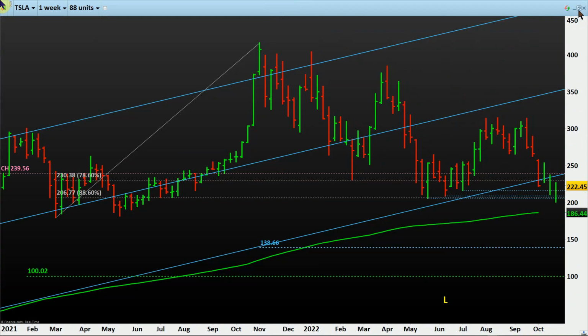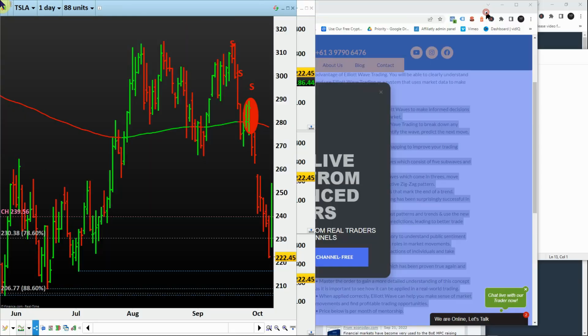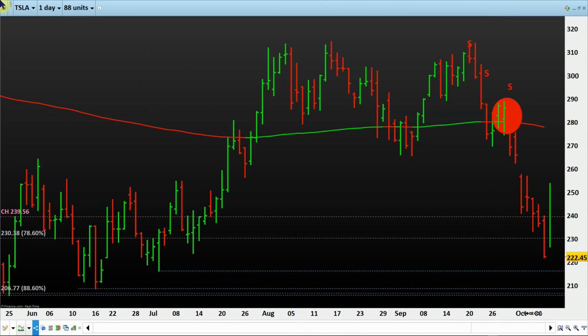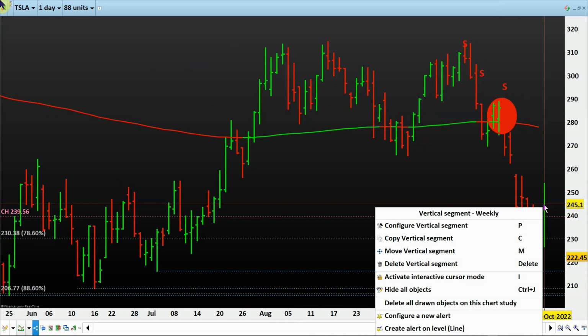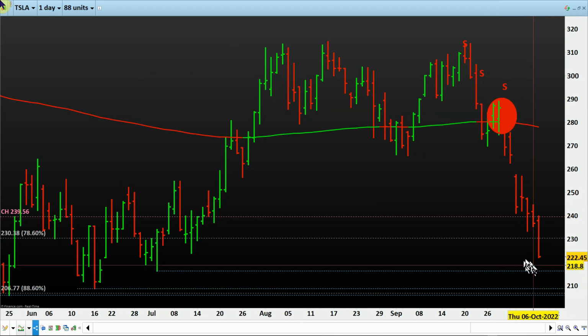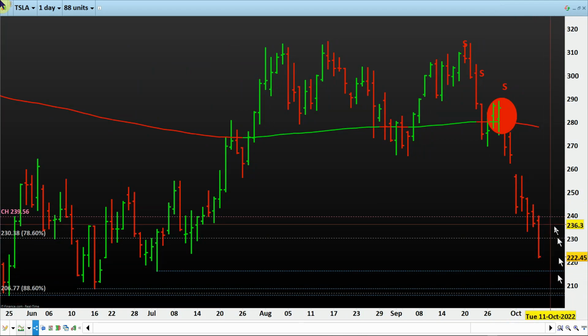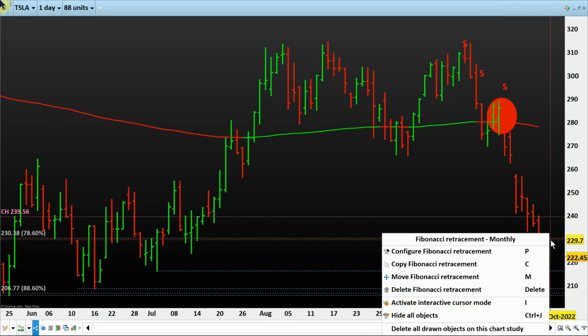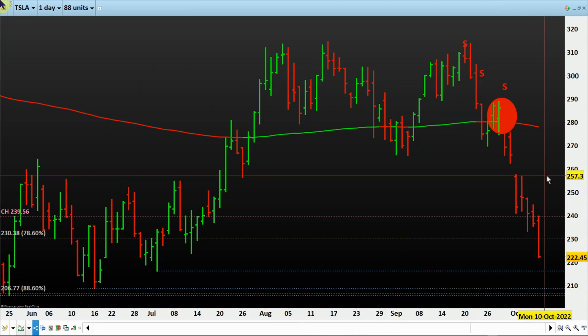Alright, so Tesla, coming back to answer your question, Marty. If those bars are happening, what is this bar? My bar, is it? Yeah, weekly. Let me delete, otherwise I will get confused. Alright, so Tesla most probably will go to 200 or 210 and then possibly come back. I don't think a crack and snap back is happening at this Fibonacci level. I don't think so. But anything can happen, and the market is always correct, and the market can and will do whatever it does. Did I answer your question?